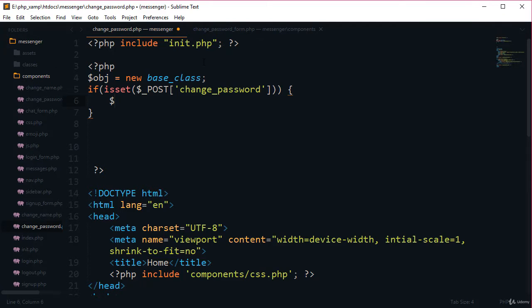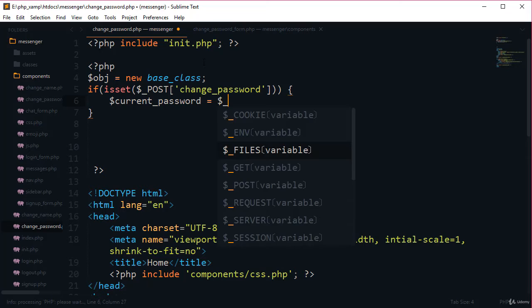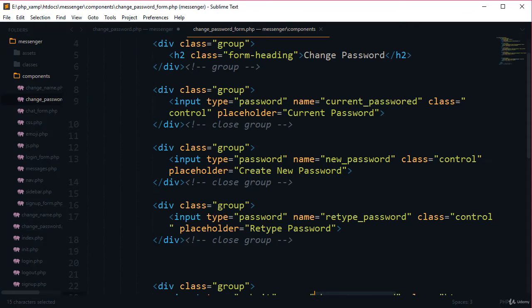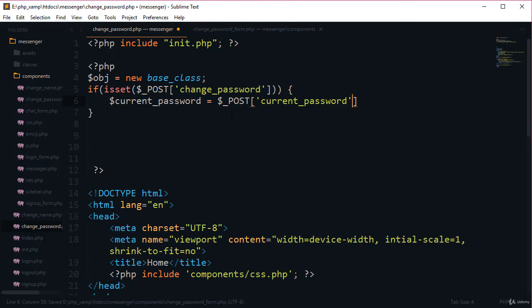So current password equal to post. Go to the form, and from here, the spelling is not correct, password. Control S, and here put the name.